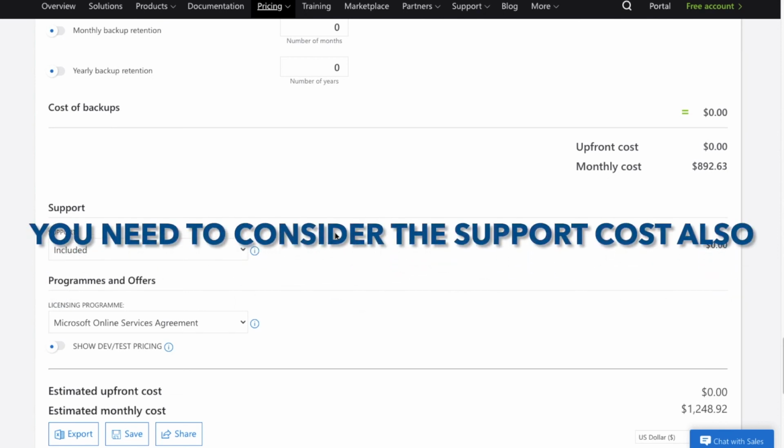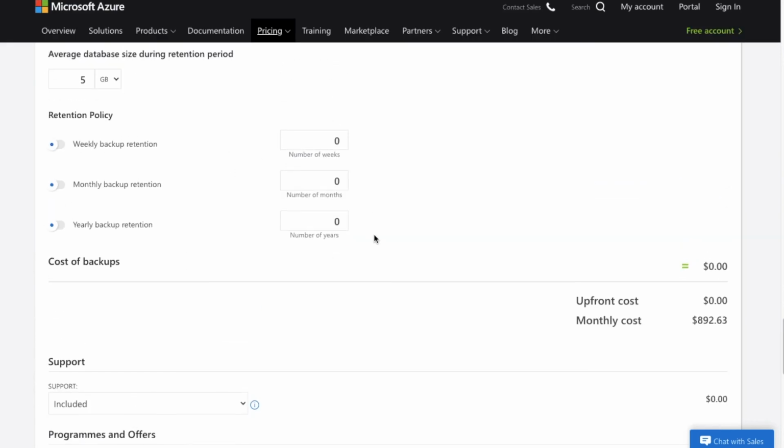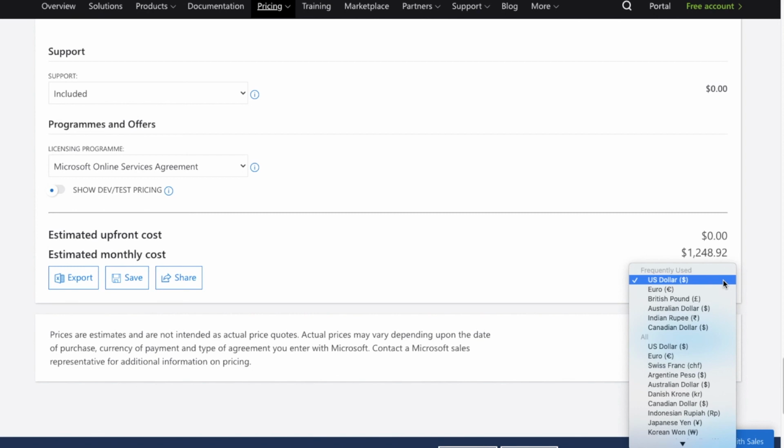According to your project requirements or project needs, we have to select these options, and the price will vary accordingly. Here at the bottom of the screen you can see that the estimated upfront cost is $0 and the estimated monthly cost is $1248.992. You can change the currency here.